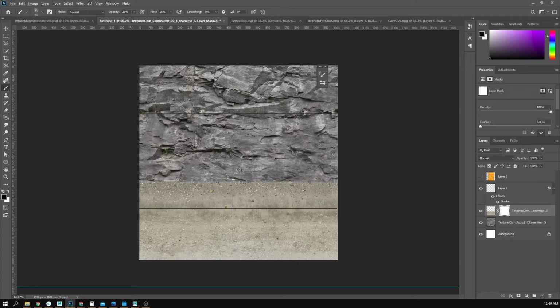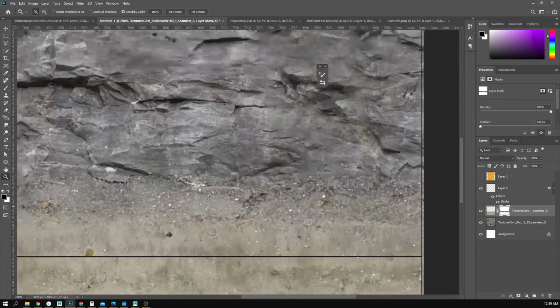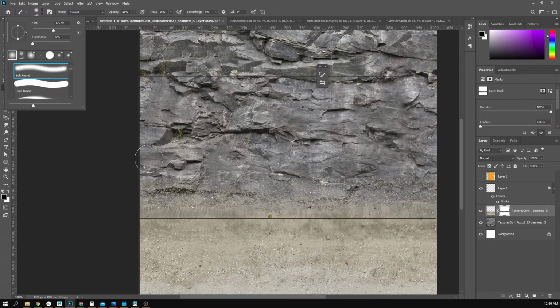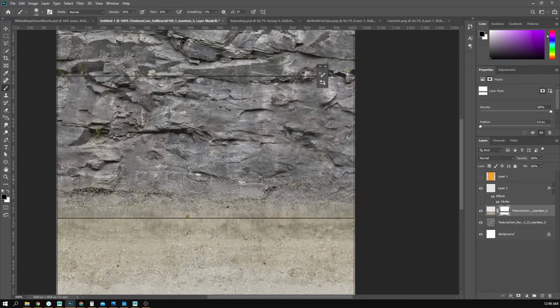And what I want to do here is paint out this so it kind of blends in with my other layer. So I'm just basically knocking back that layer, and I'm even using my mouse right now. I'm not using a Wacom tablet. What we're doing is just trying to blend these two together, and we'll just keep that going until I get around to that area right there. Now that I have something like this, I can use just a round brush, soft round, and clean up further